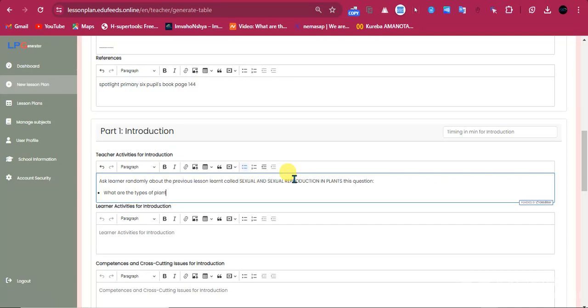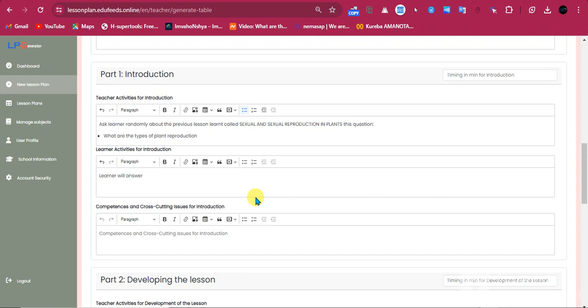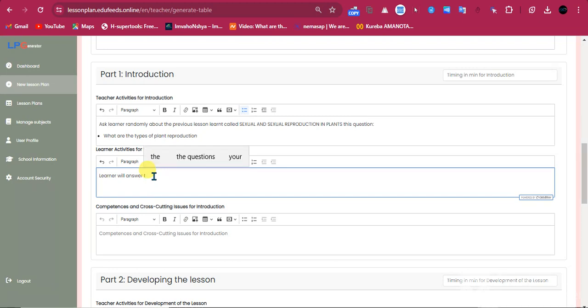Yes, for the learner's activity you put it in: learners will answer the asked question. You may mention them even.